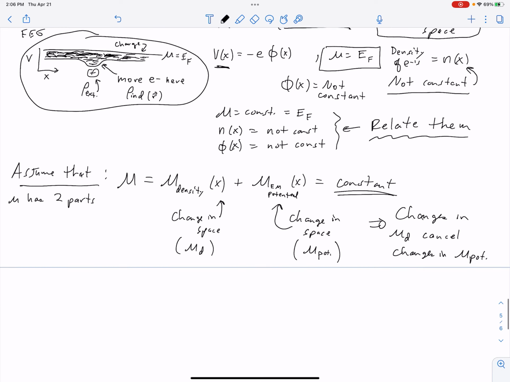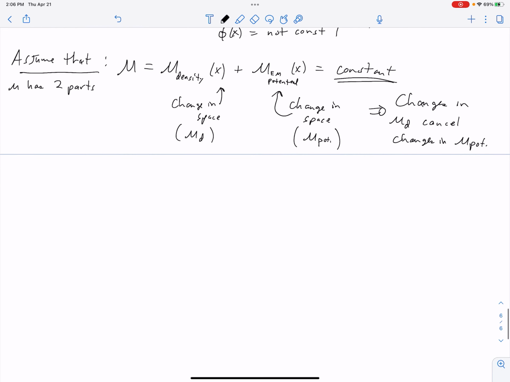And so now the question becomes, what is mu d and mu p? What are these two parts? How do we write them? That's not completely obvious, but it's actually not that hard. So what we do is, first, the change in the easy one